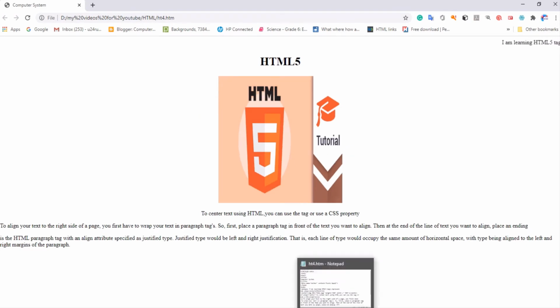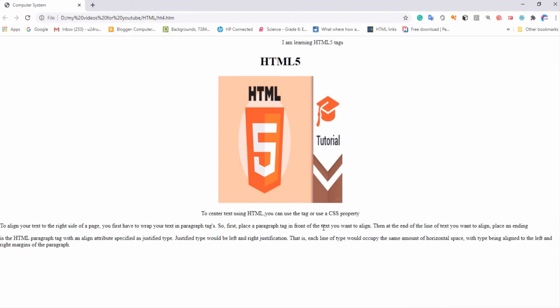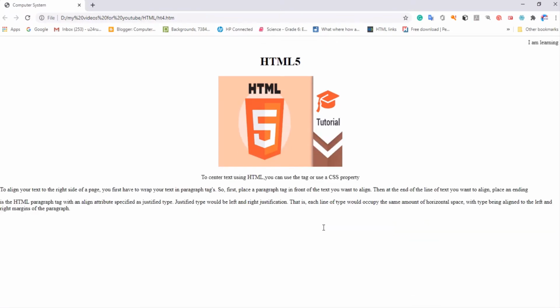And if I change it to 250 here, Control S, refresh. Okay, this is how you can set the height and width.